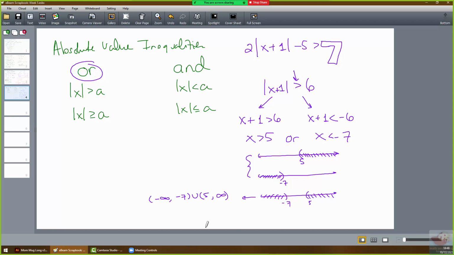Typically when you have an "or," your sets are disjoint, meaning they don't overlap. So it's basically this union this. When you have an "and,"